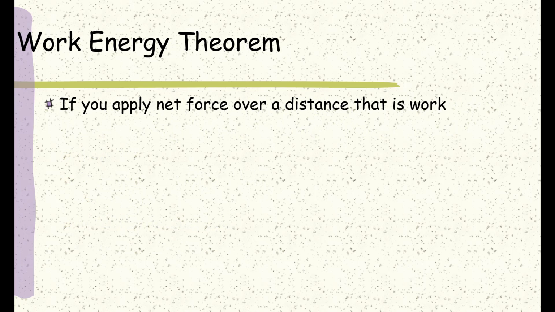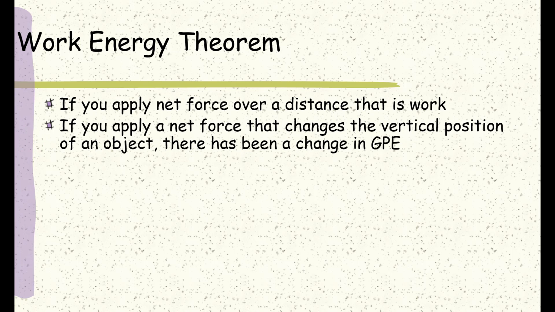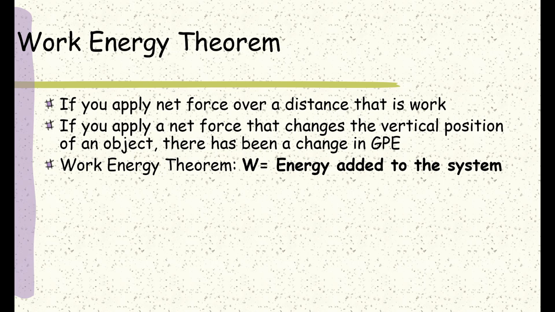So let's talk about the work energy theorem. So again, if you apply a net force over a given distance, it has a certain displacement, that's work. All right. And what you're really doing there is you are giving energy to that system. By lifting it up, you're giving it gravitational potential energy. If you're pushing it forward with a constant force, it's accelerating, giving it kinetic energy. But the work energy theorem just states that the amount of work that is done is just equal to the amount of energy added to the system. And that's the real definition of work that we want to have. That work is just adding energy to a system.